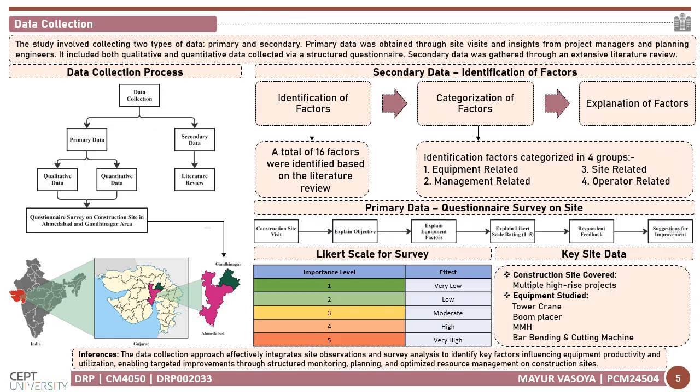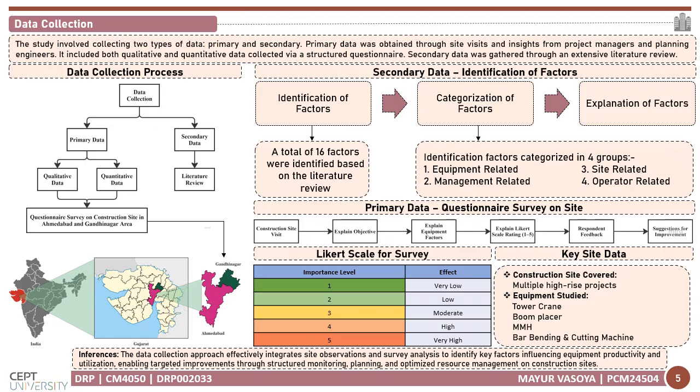This data helps in understanding actual equipment use, site-level problems, and professional opinion about productivity loss. Secondary data was collected through the literature review and previous research studies. This helps identify the important factors affecting equipment productivity and utilization before preparing the questionnaire. The data collection process shown on the slide explains how the study moved from the broad research undertaking to